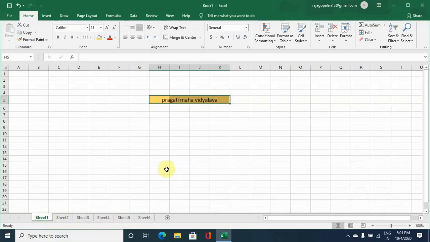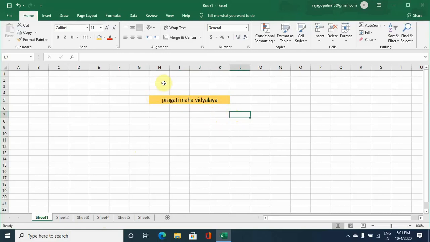Okay, that is about copying data or format for other sheets. So we make a change in one sheet, and the same change will appear in the rest of the sheets that we have selected. So this is the option that you have for copying format for all the worksheets available.